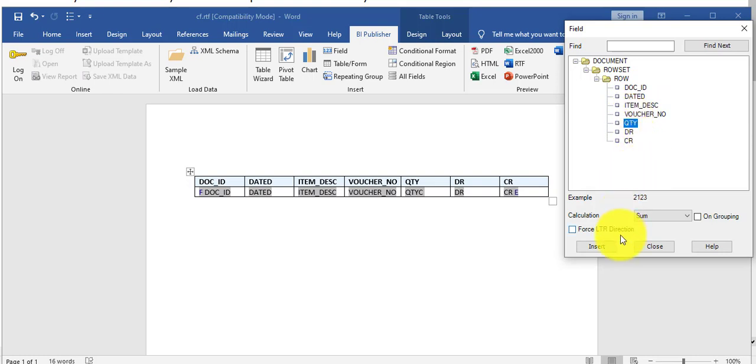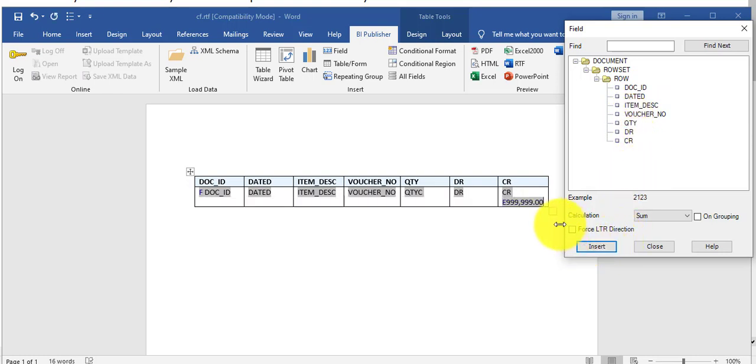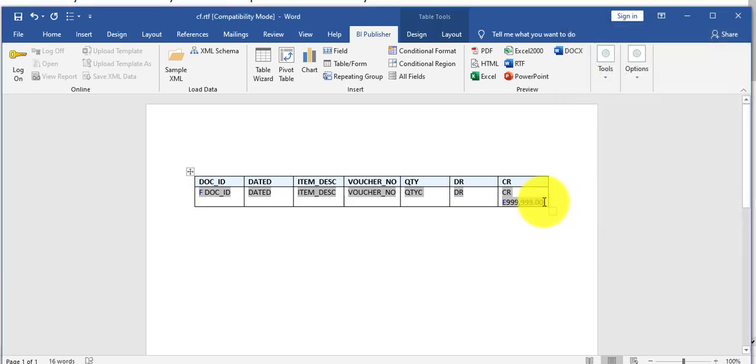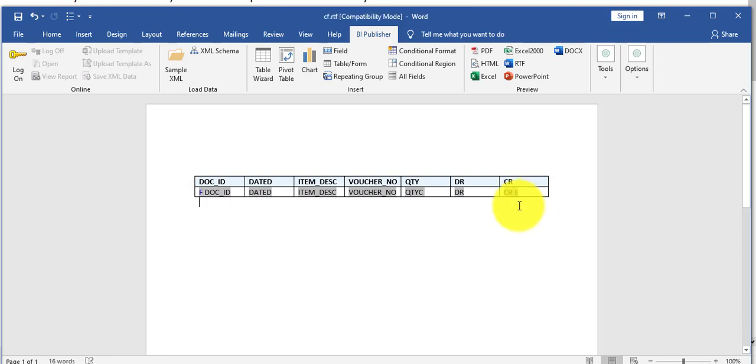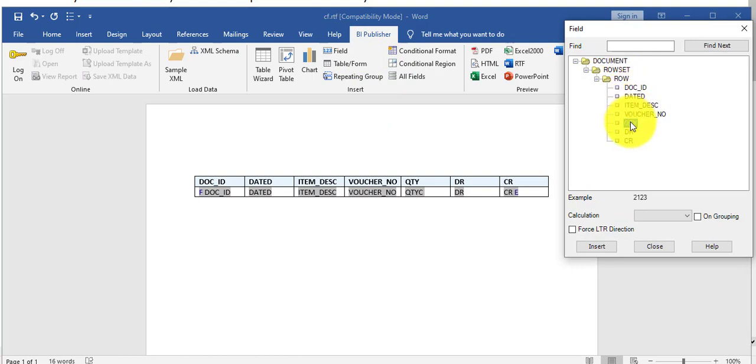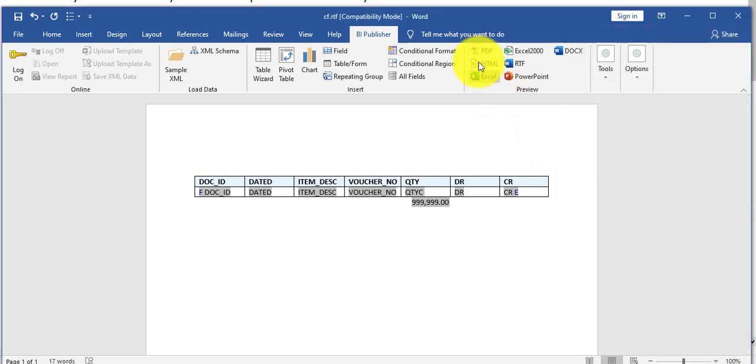You can see here, insert. This is the wrong place, and here I'm assigning quantity sum, insert. Let's see the PDF.